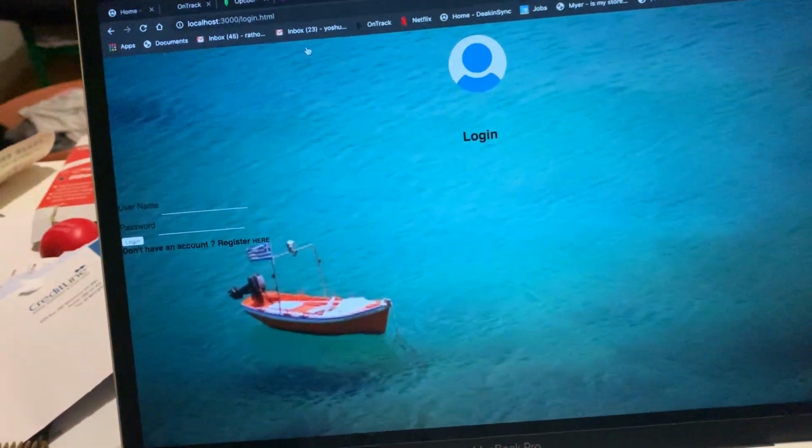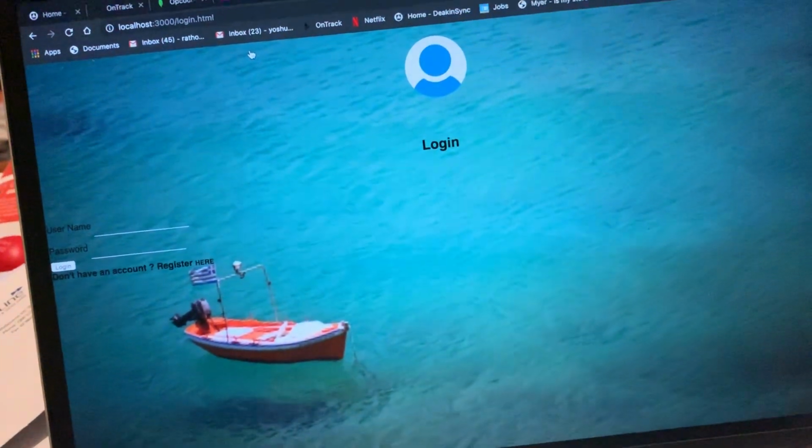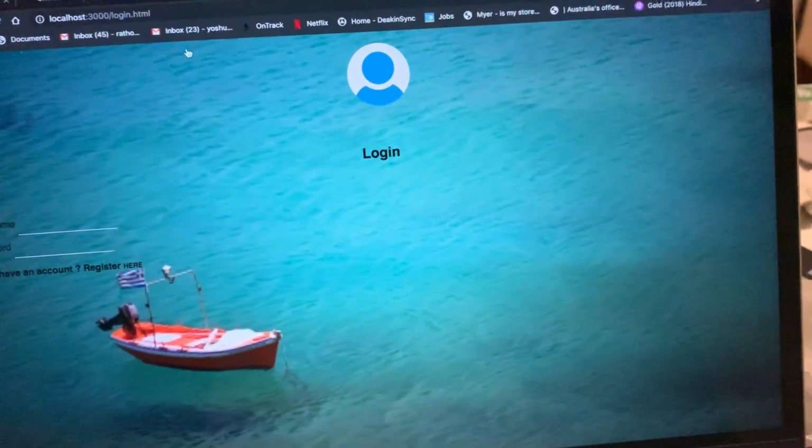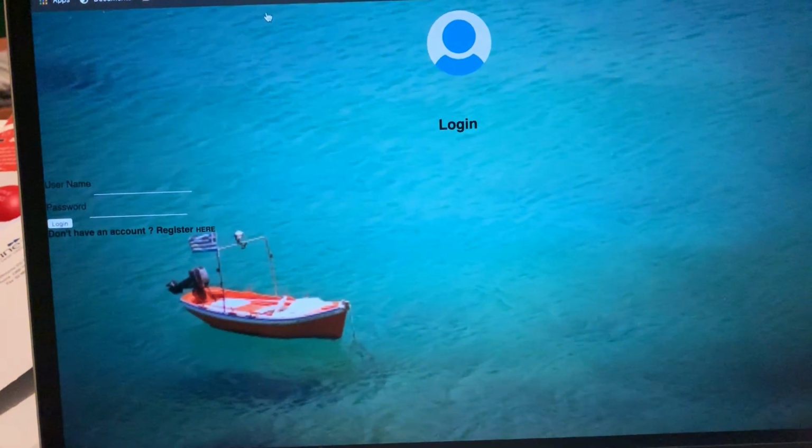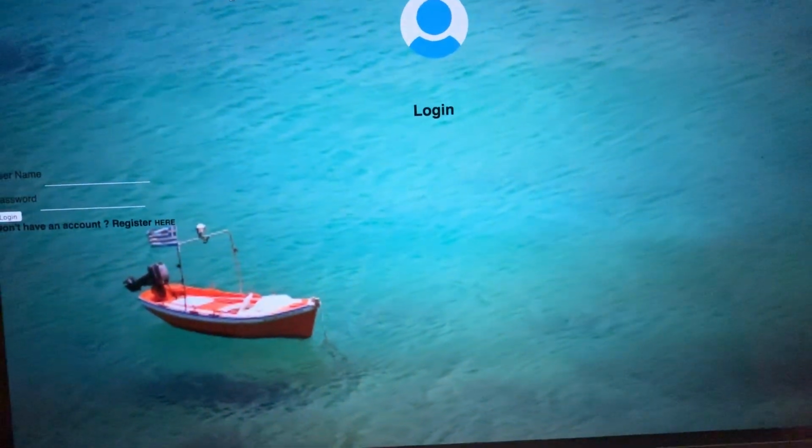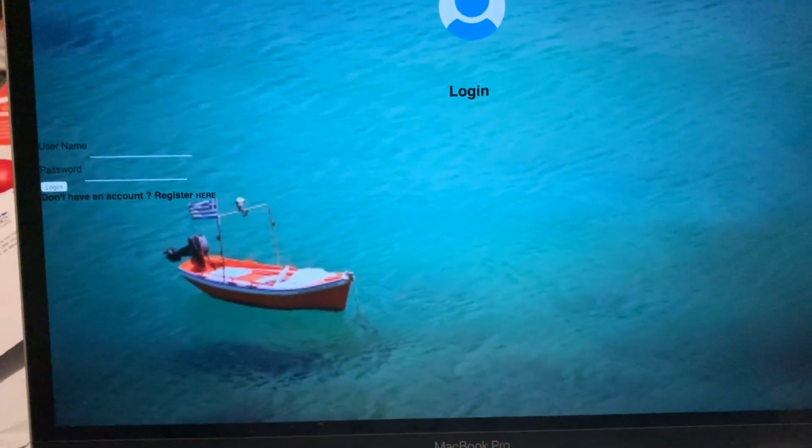So this is basically our website, our front end, our database, and the API, everything working. We would have liked to make our website a bit more attractive, a bit more beautiful, but